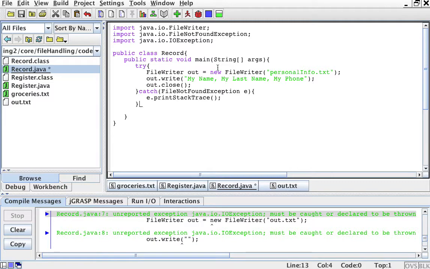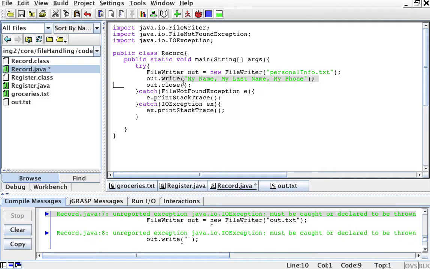So if file not found was not the exception, then I'm going to try to catch an I/O exception. ex, and I will print the stack trace of that. Oops. Print stack trace. So here I have caught both exceptions, and I will try to open a file for writing,